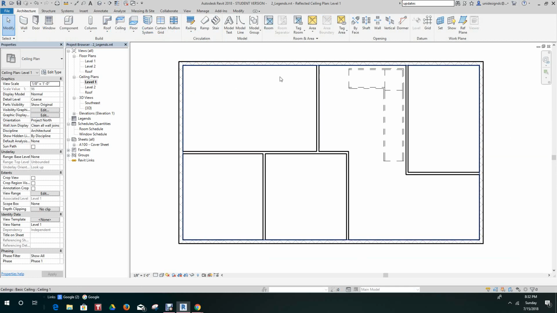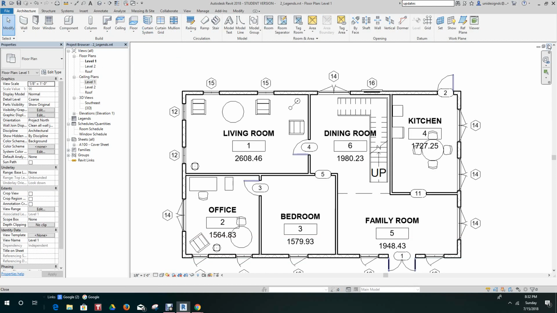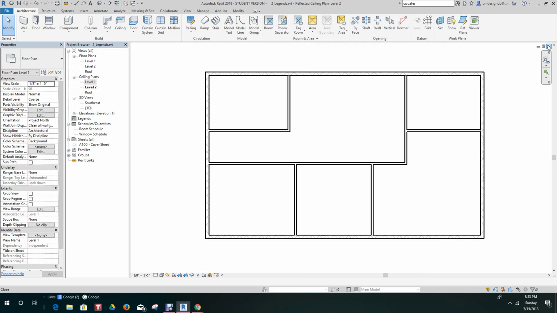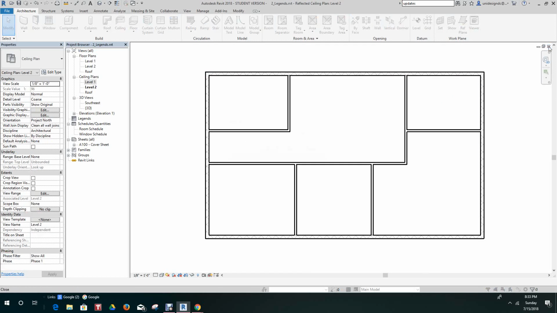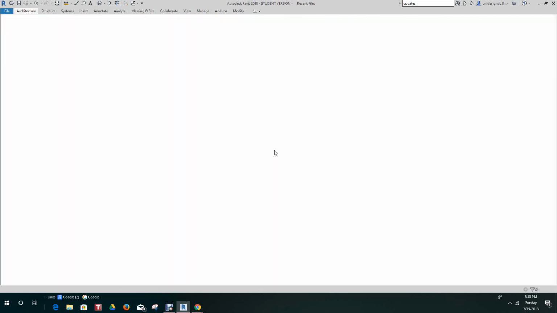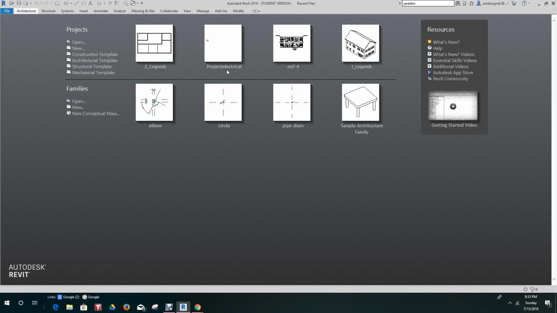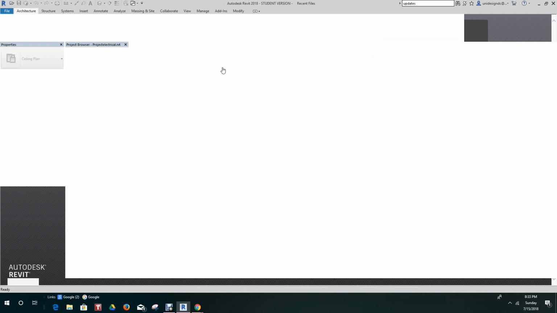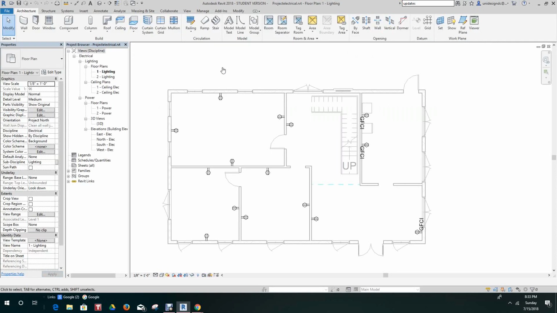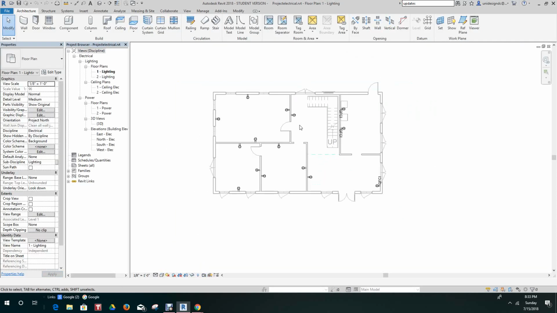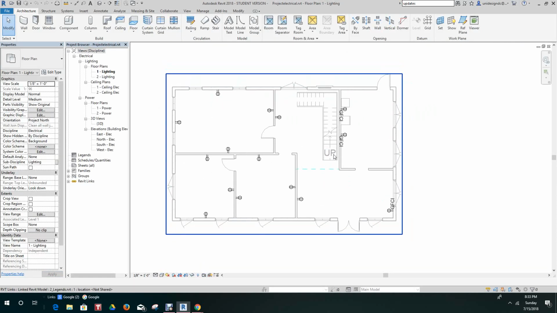So we'll close this file out. We want to save that. So now we want to open up our link model, but we have our architectural linked in, and as you can see, your power receptacles are all in place.